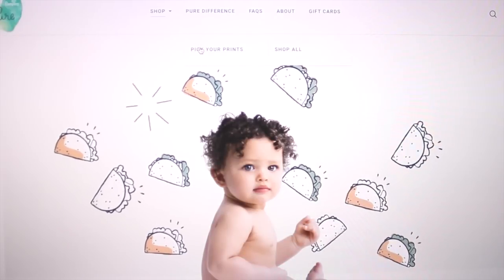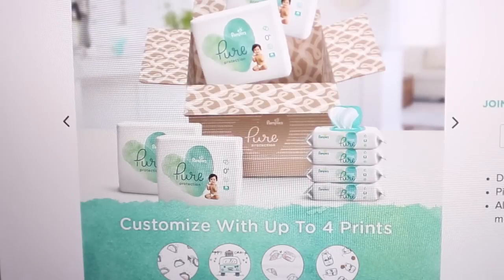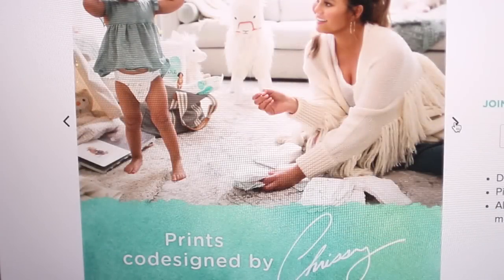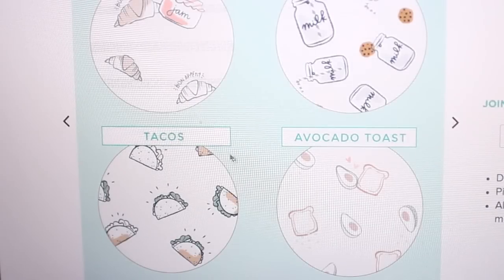Pick Your Print bundles let you choose up to 4 adorable prints from 8 designs that have been created in collaboration with Chrissy Teigen. Each bundle includes 4 packs of Pampers Pure diapers with your selected prints and 4 packs